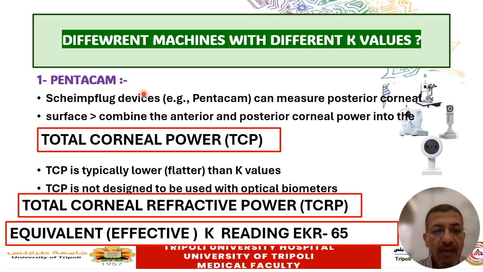So Pentacam uses the TCP, the TCRP, and the EKR65. What's important for us is this one, which is TCRP for the toric IOL calculation. Another point that you will notice is that the estimation of the total corneal power using the posterior surface of the cornea, the value will be less than the K reading, because the posterior surface of the cornea is a negative value, and it uses another